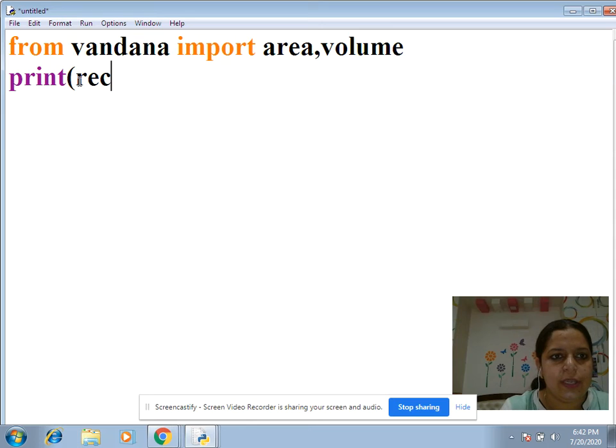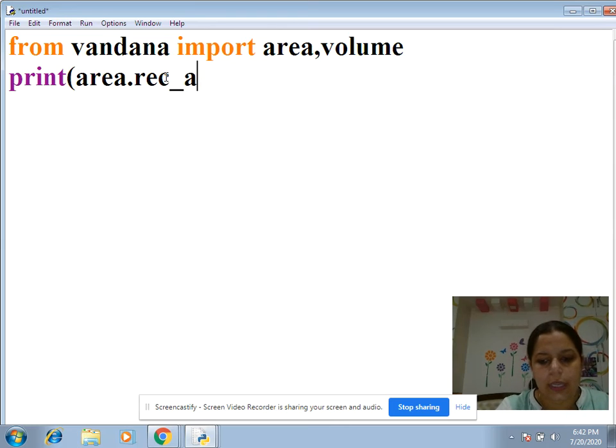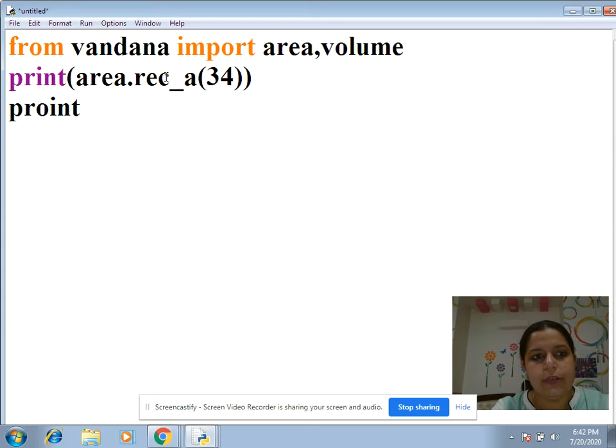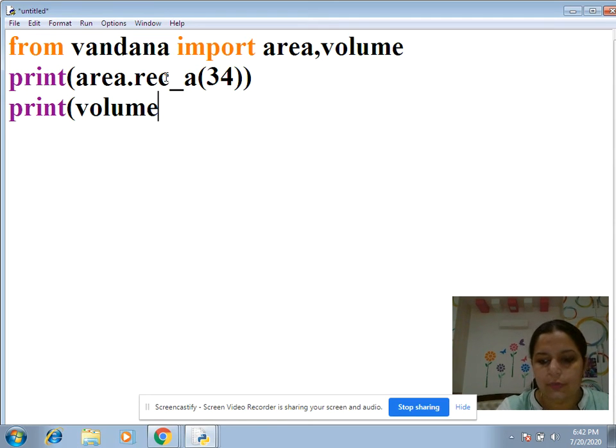I need to mention here from area, I am calling underscore a. Let's suppose 34 value I have provided here. Now let's call one more function of volume. I need to write volume.vol1, let's suppose.